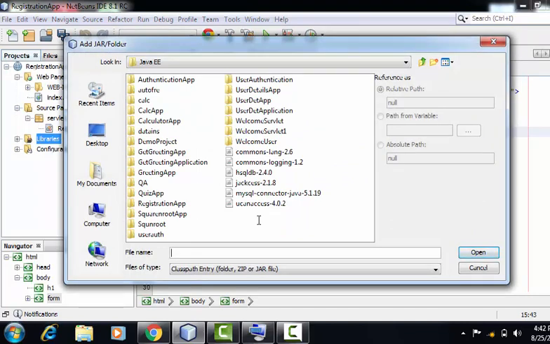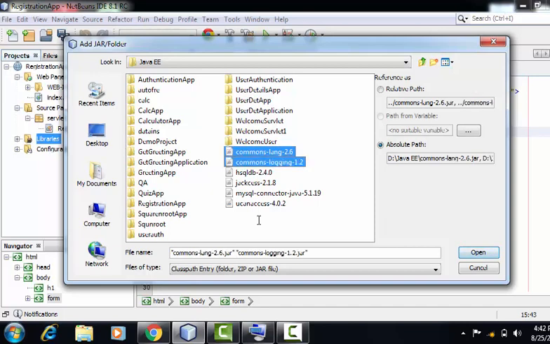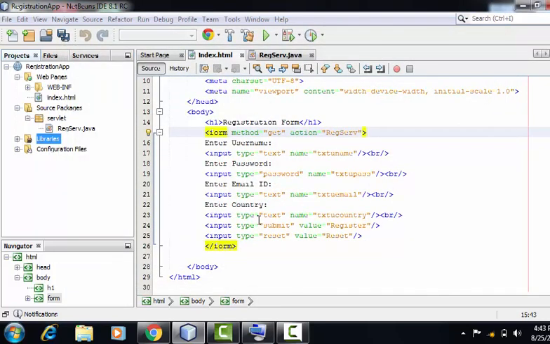So these are my jar files. I'm selecting all of them. The name of these files are given in the description box. I'm opening them.